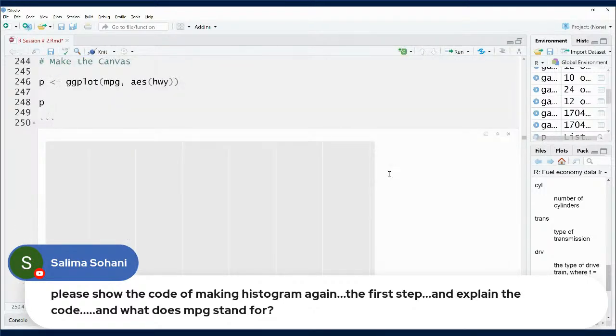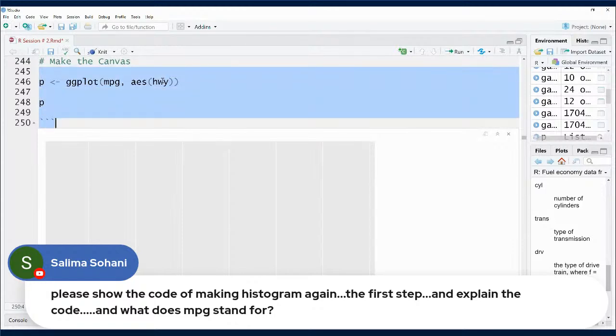As I explained, when you're making a plot with ggplot2, you're making it incrementally. For example, in this portion of the code, you are using the ggplot function from the ggplot2 package, and mpg is nothing but your dataset, and hwy is the variable in the dataset. So these are the two things. You can take this code and just modify these two things, which means that you will have to use your own dataset and specify the variable in which you are interested. And what this piece of code will do is make an empty canvas,